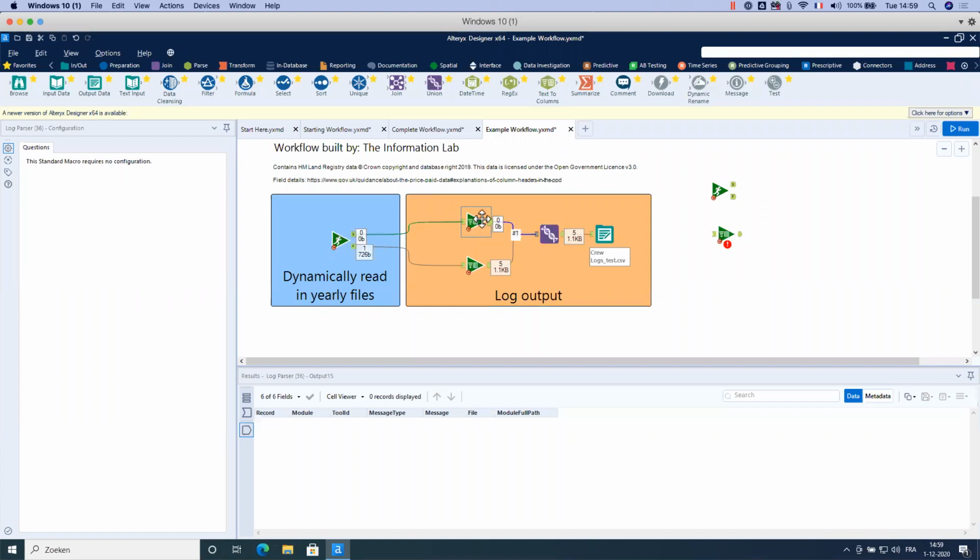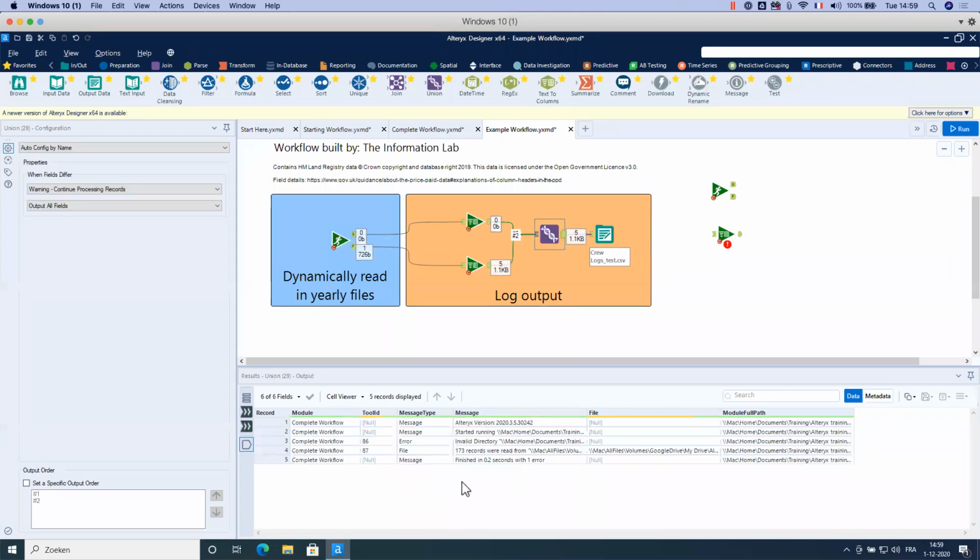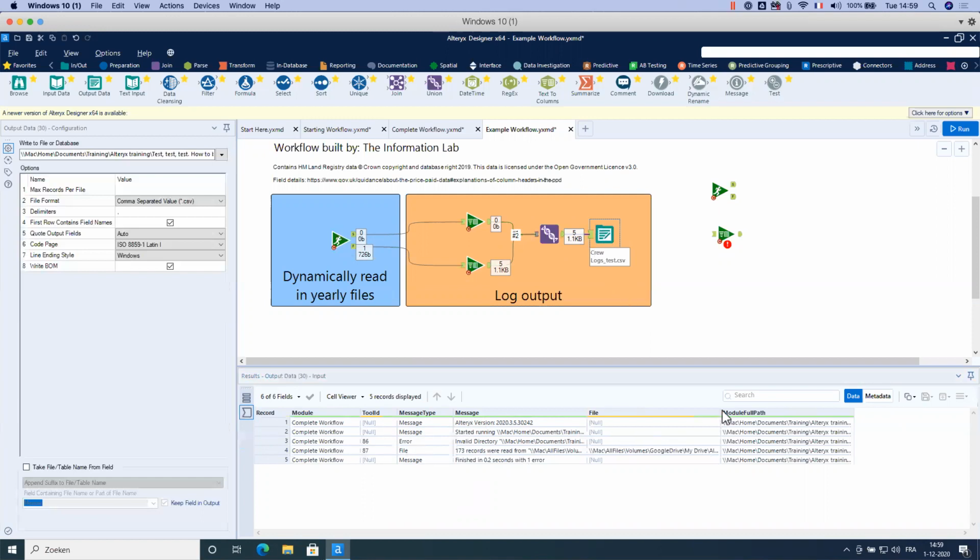And then you union them. And at the end, you have the logs, so the information that you have when you run the workflow, you have it in the logs here. So you see we have the message, but it's null, and then you have the error. In fact, I have an invalid directory. So at the end, I will have a file with these logs.